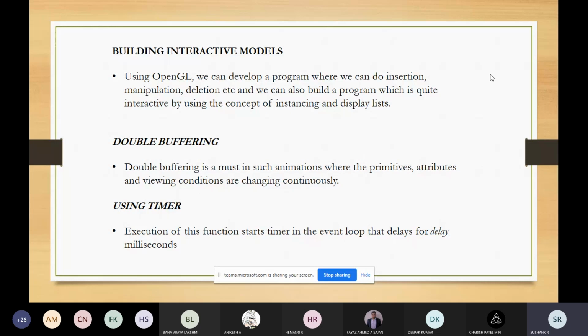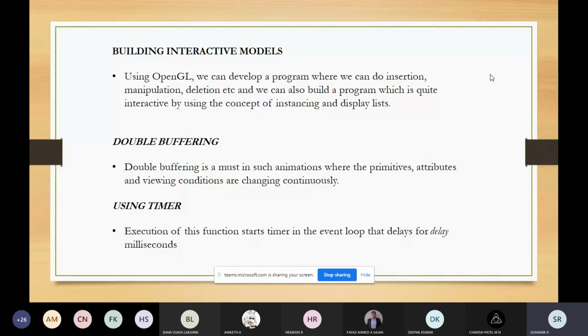So this is one thing. Also, using OpenGL you can design interactive programs where the objects will be in a moving condition, or will keep on changing position.